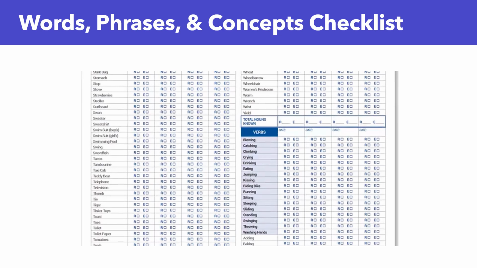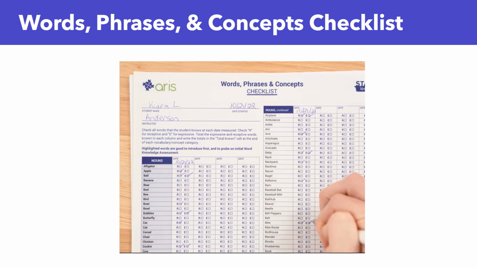The checklist allows you to track both expressive and receptive word knowledge. You can mark an E if the student knows the word expressively, R if the student knows the word receptively, or both. To more completely assess a student's word knowledge, you might also want to send home a copy of